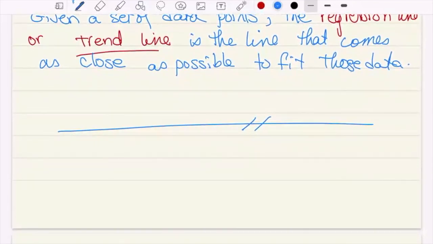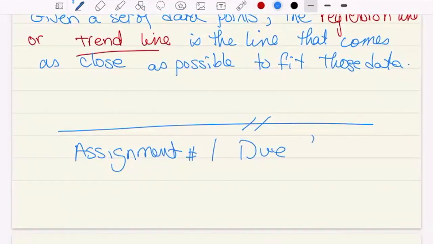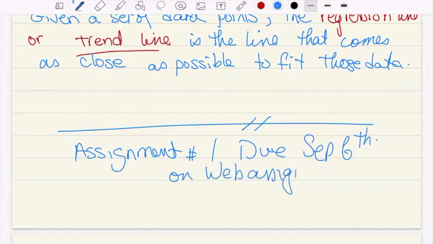On WebAssign, I did assign section 3.1, and I will update the due date for it. If we start on Tuesday, it will be the first lecture. It will be due on the 6th. So the 31st, it will be due on the 6th. Assignment 1 will be due September 6th on WebAssign. Okay,